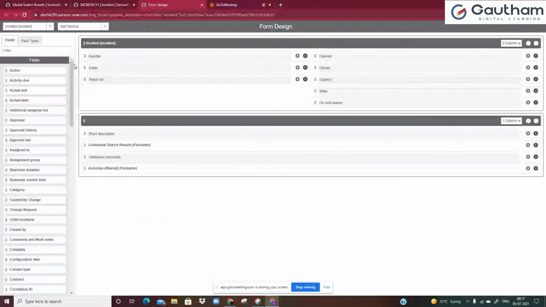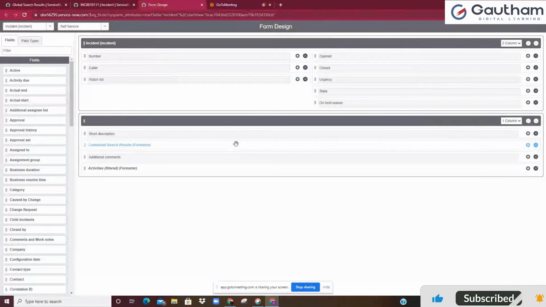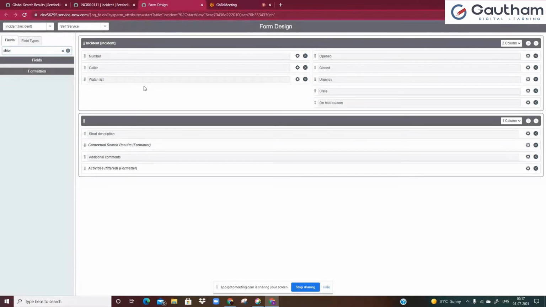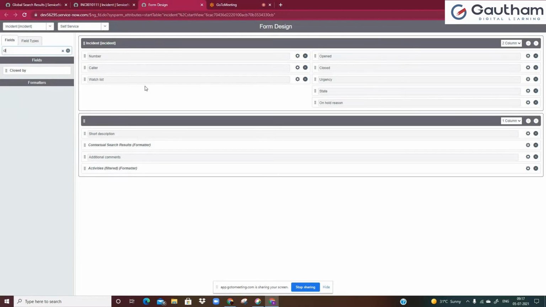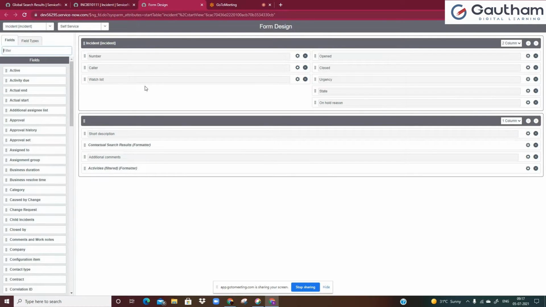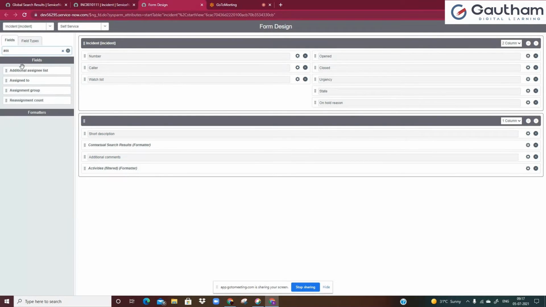And whatever shows up here is all the existing fields that we have right now on the incident form. So let us say that I wanted to have a short description field. Oh, it's already there. Okay, we do not have assignment group here, right? So I'll just type assignment group, so it filters down to the list of fields that start with the word ASS. So I just drag and drop this data up here,